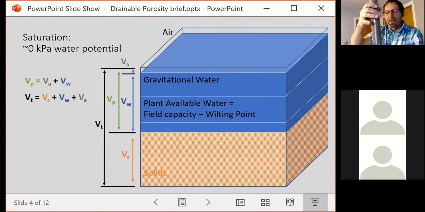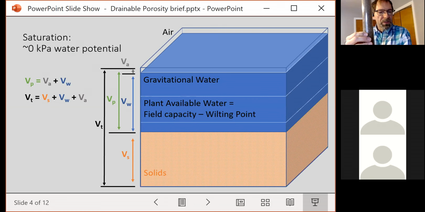And you can see a couple of marks in here, one of them relatively up about here, and the other one right here. So what does this represent? The water that would drain out of this soil by gravity is the water that drained from here to here. That's all the water that would drain out of this soil under the influence of gravity. So if my tile line is represented by the bottom of this,